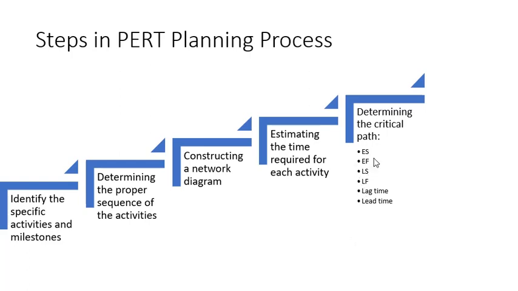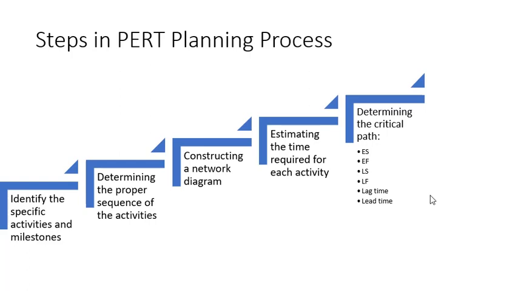Then we have earliest finish time or earliest finish date. In the critical path method, the earliest possible point in time on which the uncompleted portion of an activity can end, based on the network logic and any schedule restriction, is referred to as earliest finish time. These early finish times or early finish dates can change as the project progresses and changes are made to the project plan.